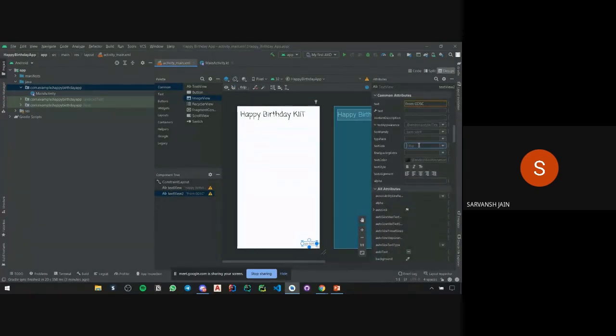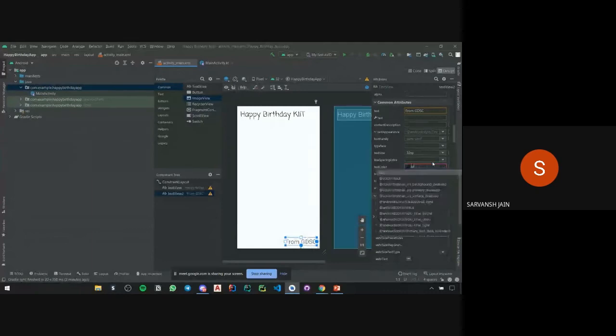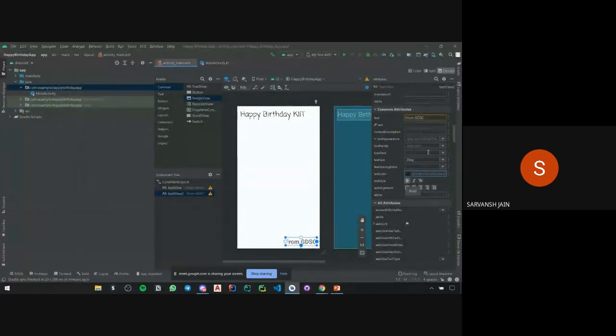Change the size of this as well. I'll keep it at, I guess, 30. Then I'll change the color to black as well. I'll make it bold maybe. Then I'll change the font to casual.